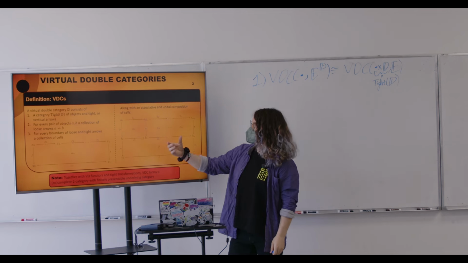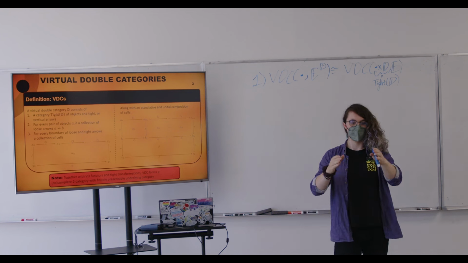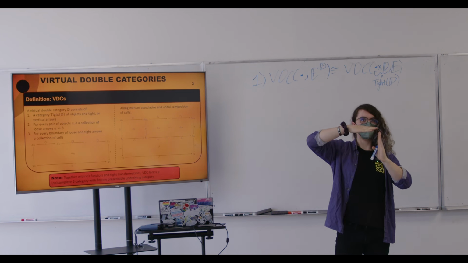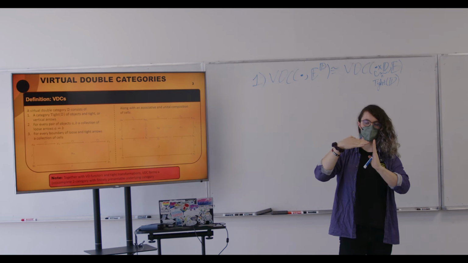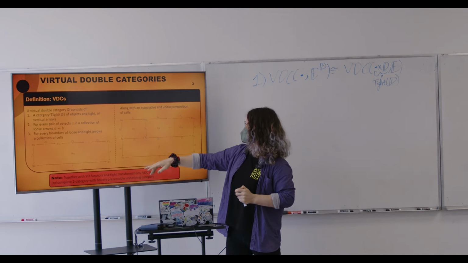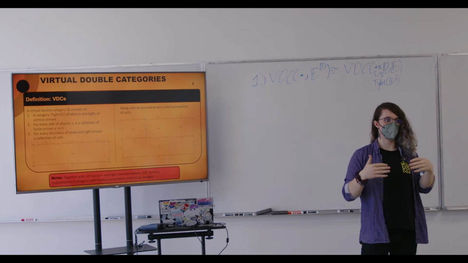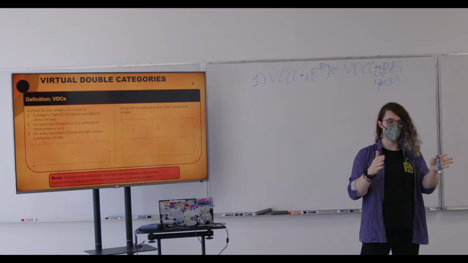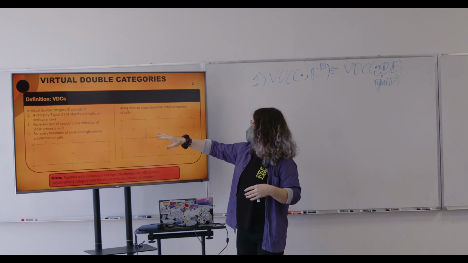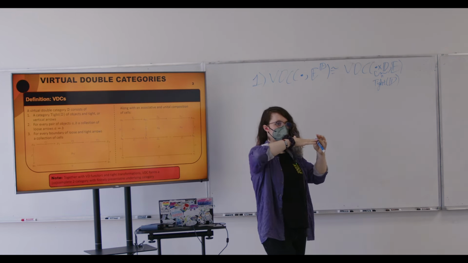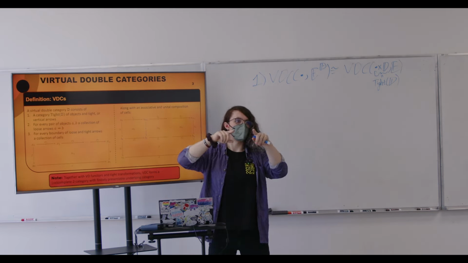So for virtual double categories, normally for double categories familiar from previous talks, we have these loose arrows, which we think of as two possible different ways of objects interacting: the loose direction and the tight direction. Normally in pseudo double categories, we assume that we can compose these things. It might not be a very well-behaved composition, like we might have only associativity or units up to some isomorphisms, but we can compose them. But for virtual double categories, we're not assuming we can compose them at all. We just have these relations, these loose arrows, and then we can form these bigger cells with them as boundaries.